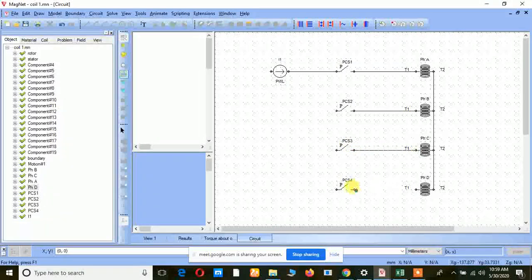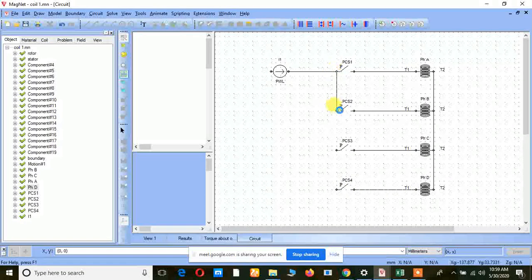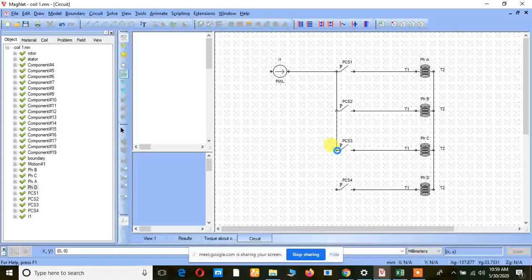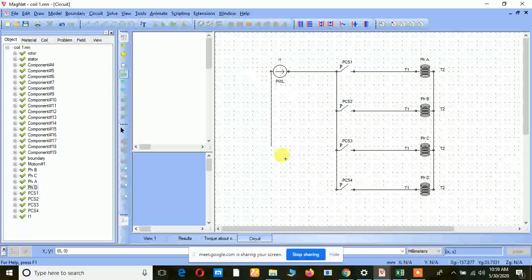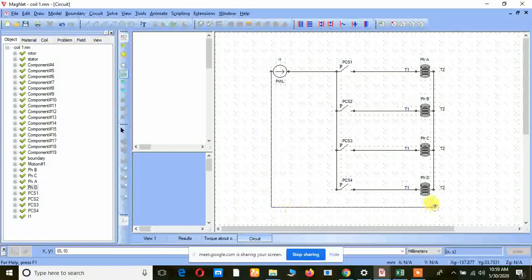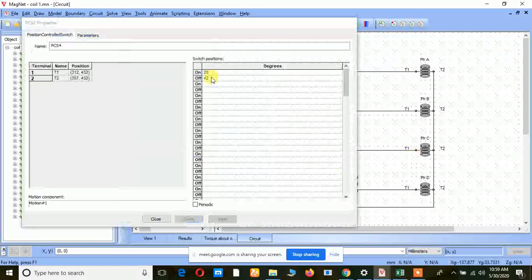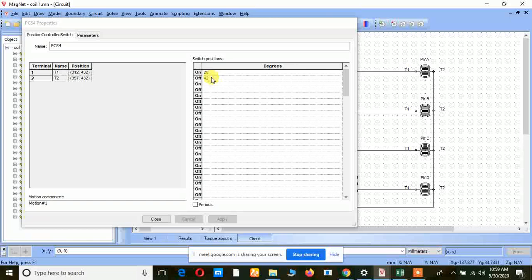After giving all the circuit connections, I can rotate only up to 42 degrees.